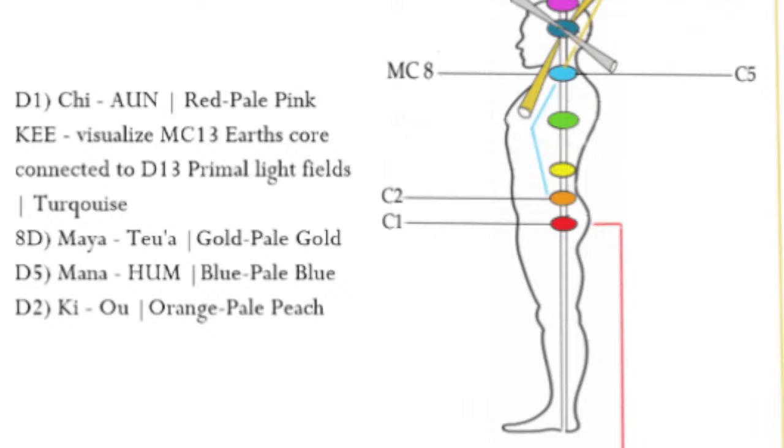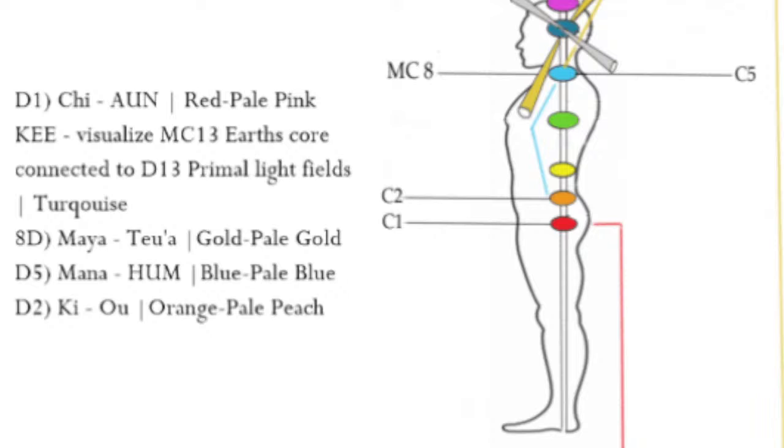And then moving to key, and key is the 13th dimensional band, okay? All this will be explained, but I'm just trying to go over it quickly, and it's taking forever for me to do this. So you want to visualize the morphogenic chakra 13, which is the Earth's core, connecting to D13, the primal light fields,